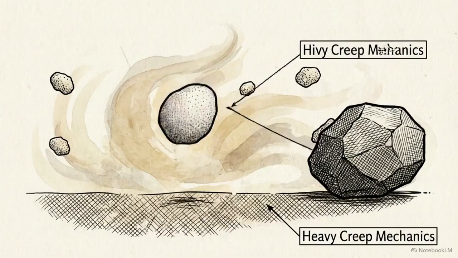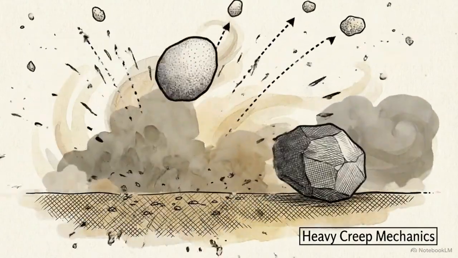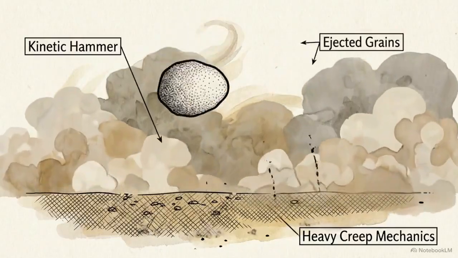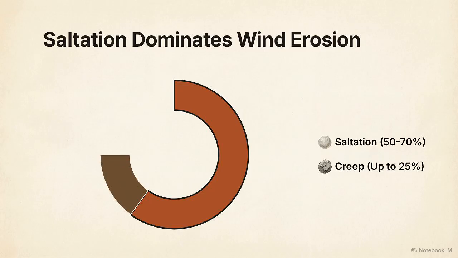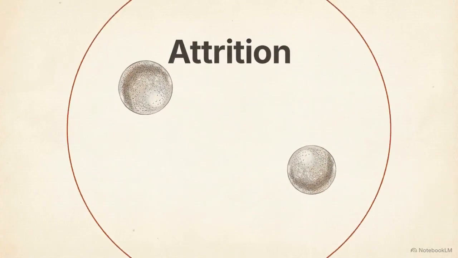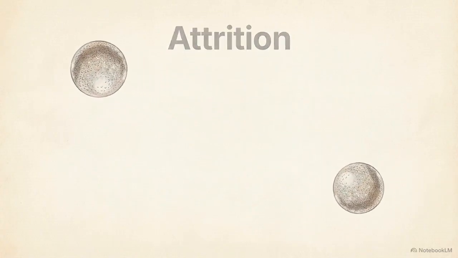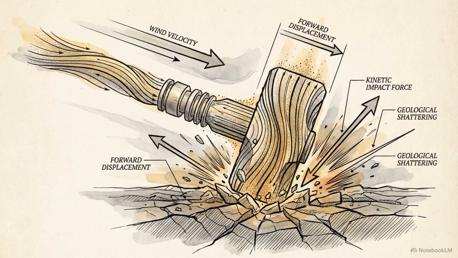As these grains smash back into the bed, they dislodge other resting grains and physically ram the heavier creep grains forward. Saltation drives 50 to 70% of wind erosion, and the resulting creep accounts for up to 25% of surface movement. These mid-air collisions lead to attrition, where grains are chipped and rounded. This gives Aeolian sand its frosted texture and creates the fine dust needed for suspension. The wind uses a fraction of the sand as a kinetic hammer to continuously shatter and push the rest of